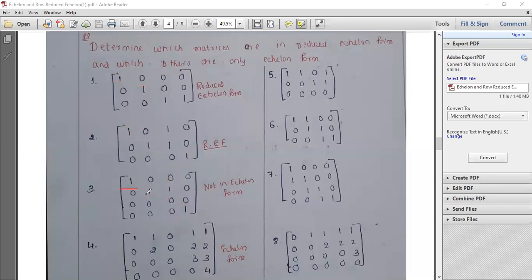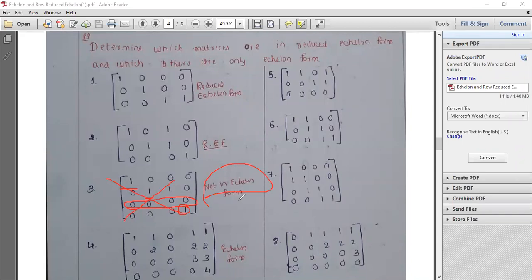See, in the second question also, it has no leading entry. The second echelon form property does not hold true here. The second property says that the next leading entry has to be in the next column just below the row. It doesn't say that the next leading entry will be here. It has to be just below. But here in one row completely I have no leading entry. Understanding? Therefore, this is not in the echelon form at all. When it is not in the echelon form, I can't talk about anything.